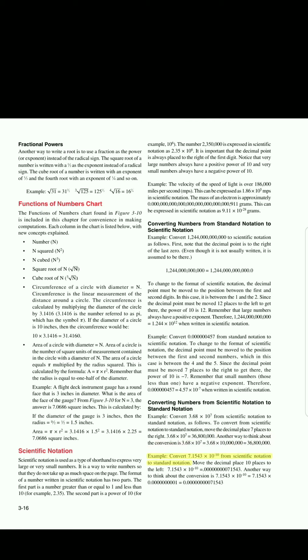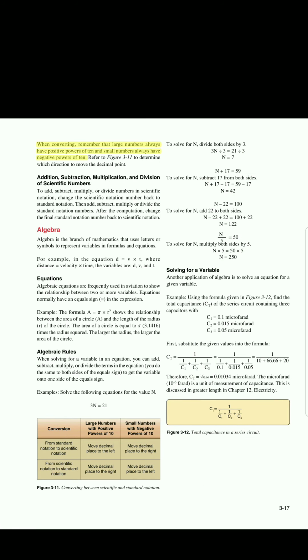Example. Convert 7.1543 times 10^-10 from scientific notation to standard notation. Move the decimal place 10 places to the left. 7.1543 times 10^-10 equals a group of zeros, 71543. Another way to think about the conversion is 7.1543 times 10^-10 equals 7.1543 times 0.00000000001 equals 0.000000000071543. 3-16. When converting, remember that large numbers always have positive powers of 10, and small numbers always have negative